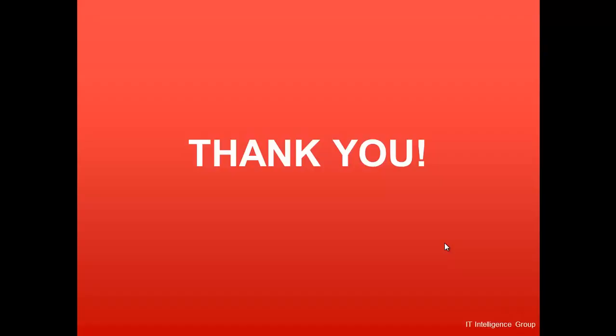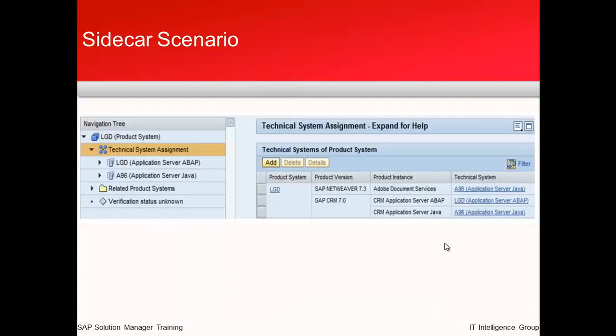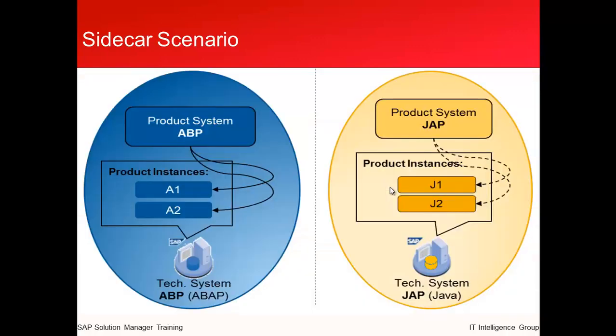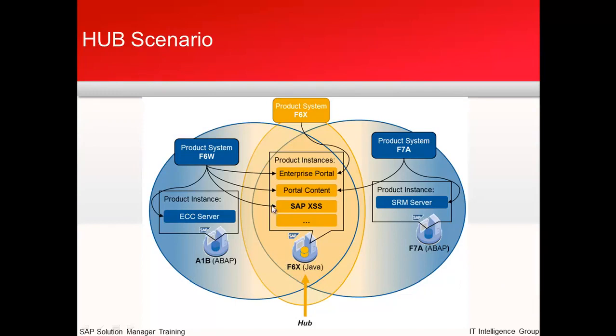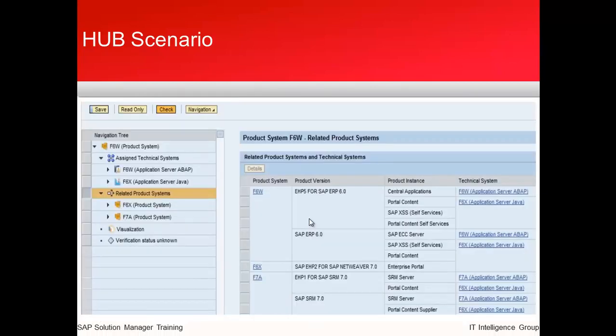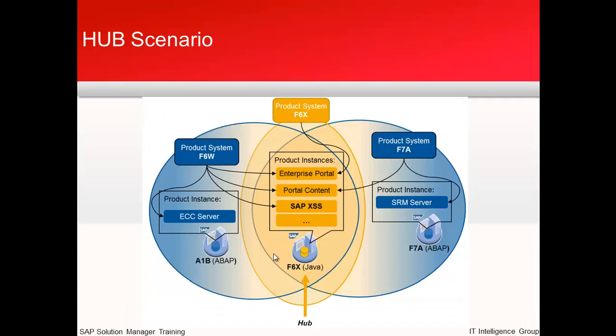The hub scenario is where this technical system is used in multiple product systems. Let's see the example. Here you can see this particular system is used in this product system as well as in this product system. So we define this as a hub system. How do we define that? You can see this hub system, which one? This one,